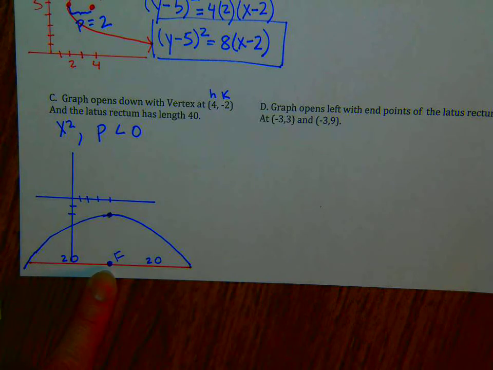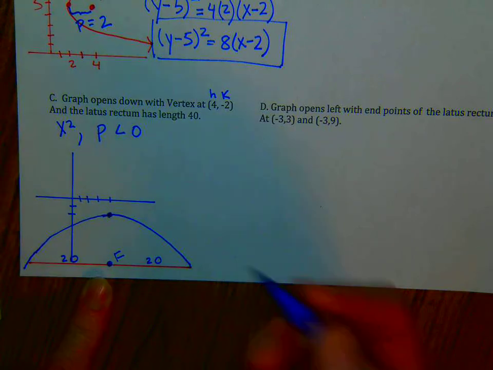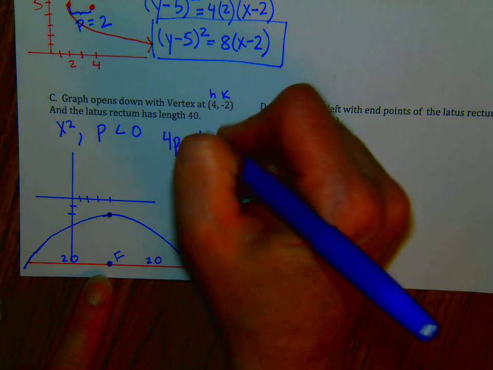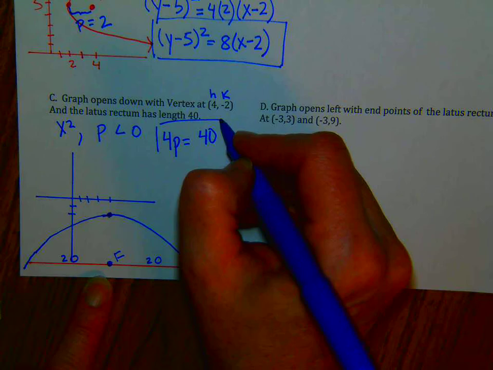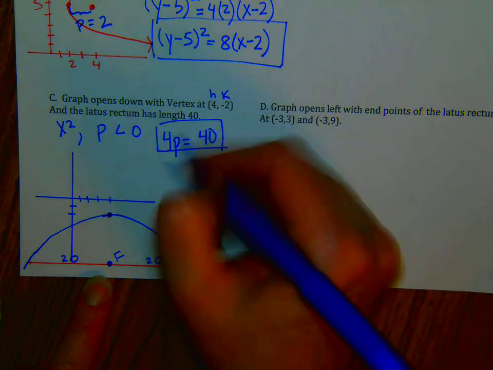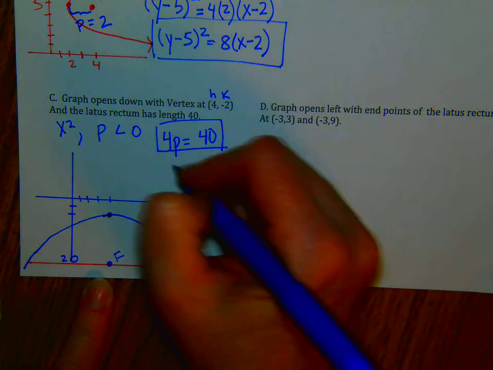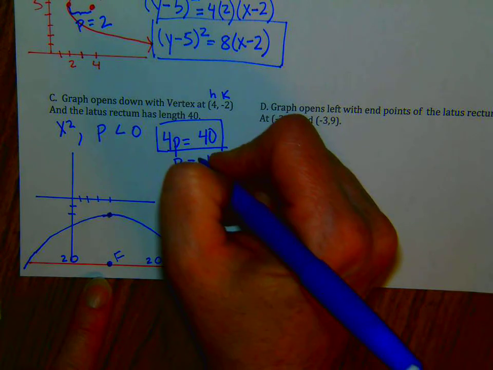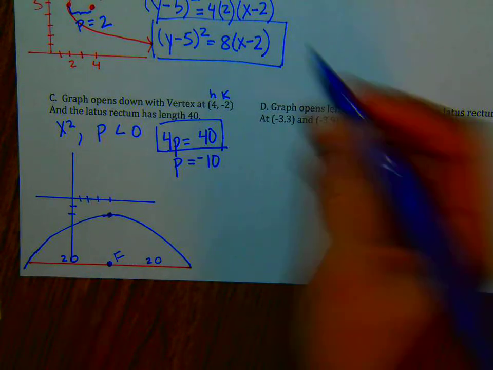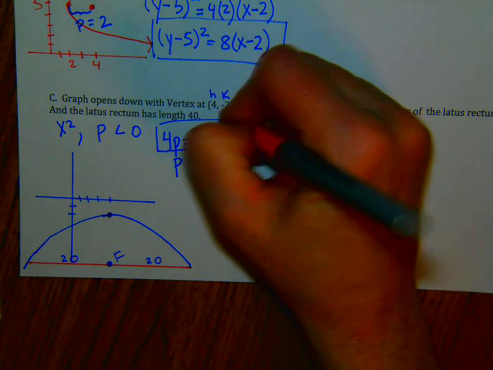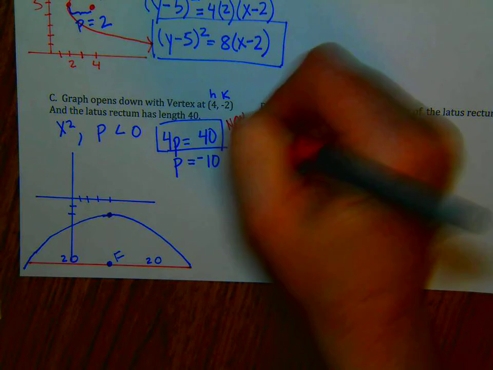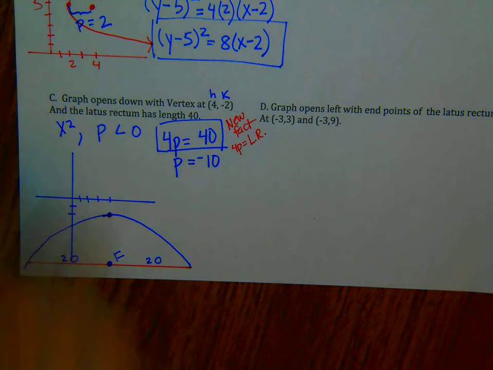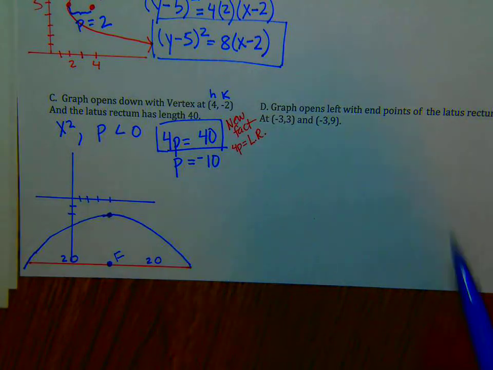So one thing I'll tell you about the latus rectum is that 4p is equal to that total length. So that is actually something new that we're learning about the latus rectum. 4p is equal to that total length. So now I can solve for p equals 10. What else do we know about p? P is negative. Okay, so new fact. Sorry, I'm introducing a new fact. A new fact. 4p equals LR. Okay. So p equals